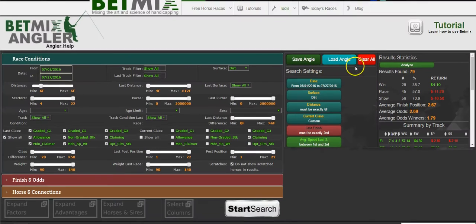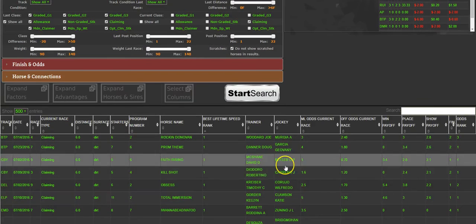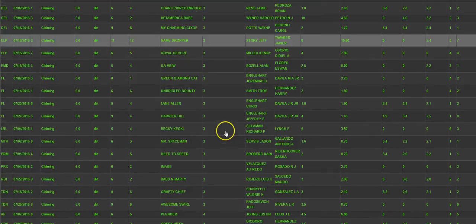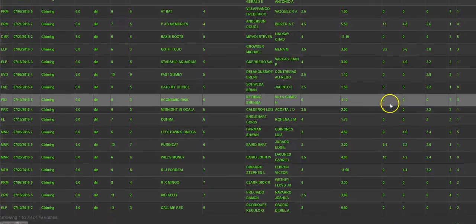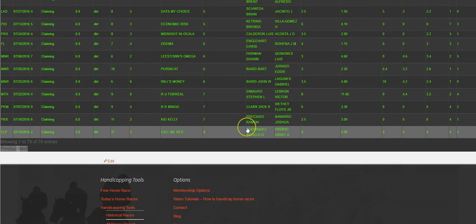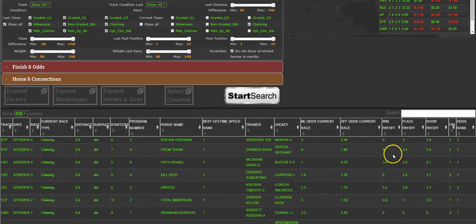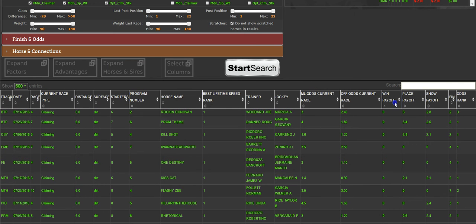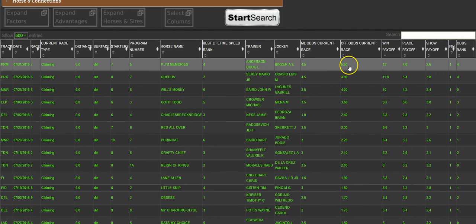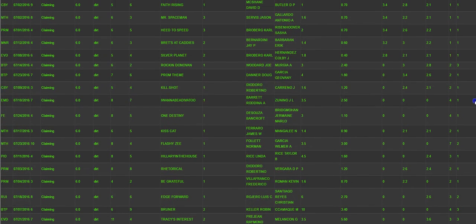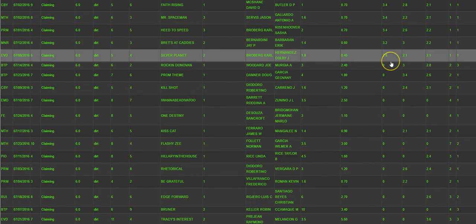Now you can start looking, well, there were 79 horses here, and as I scroll down, I see quite a few of them were ranked first, second, third, etc. And down here at the bottom you only have one that was ranked 9th. Then you can come up here and sort it by what the win payoff was. So you can see that the highest winner paid $13, and down here the shortest price horse was